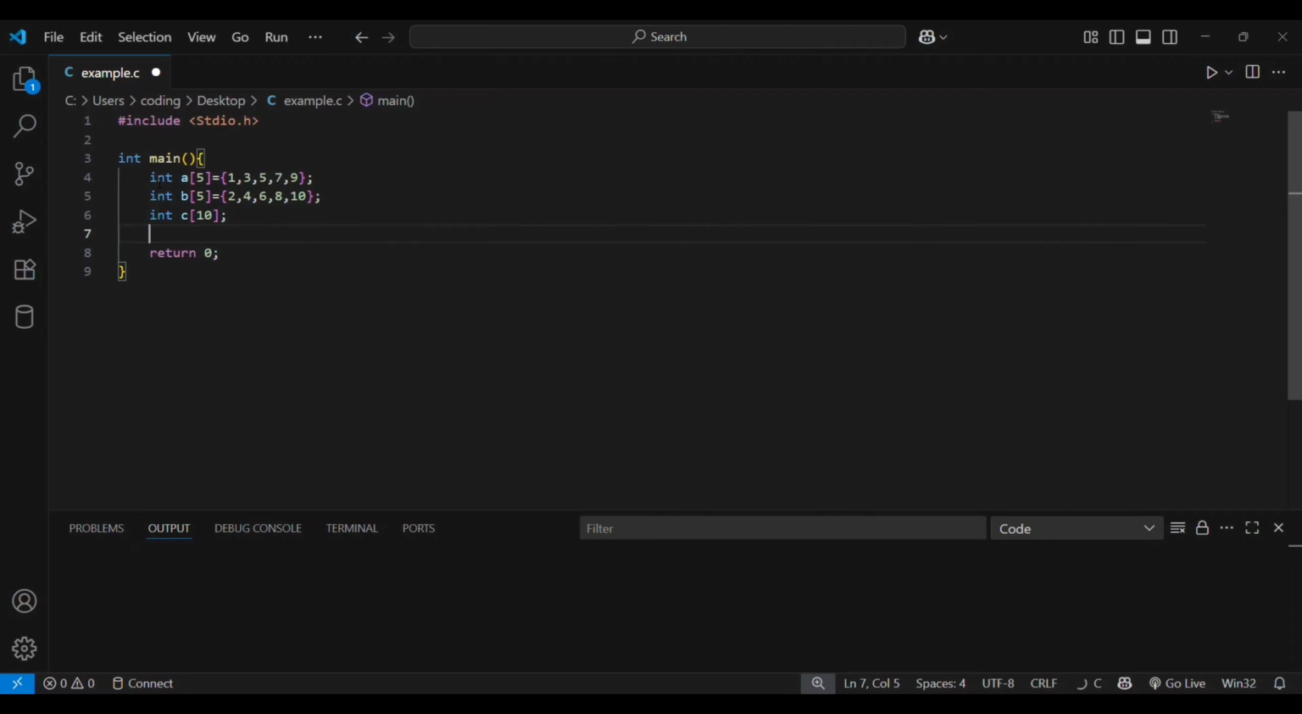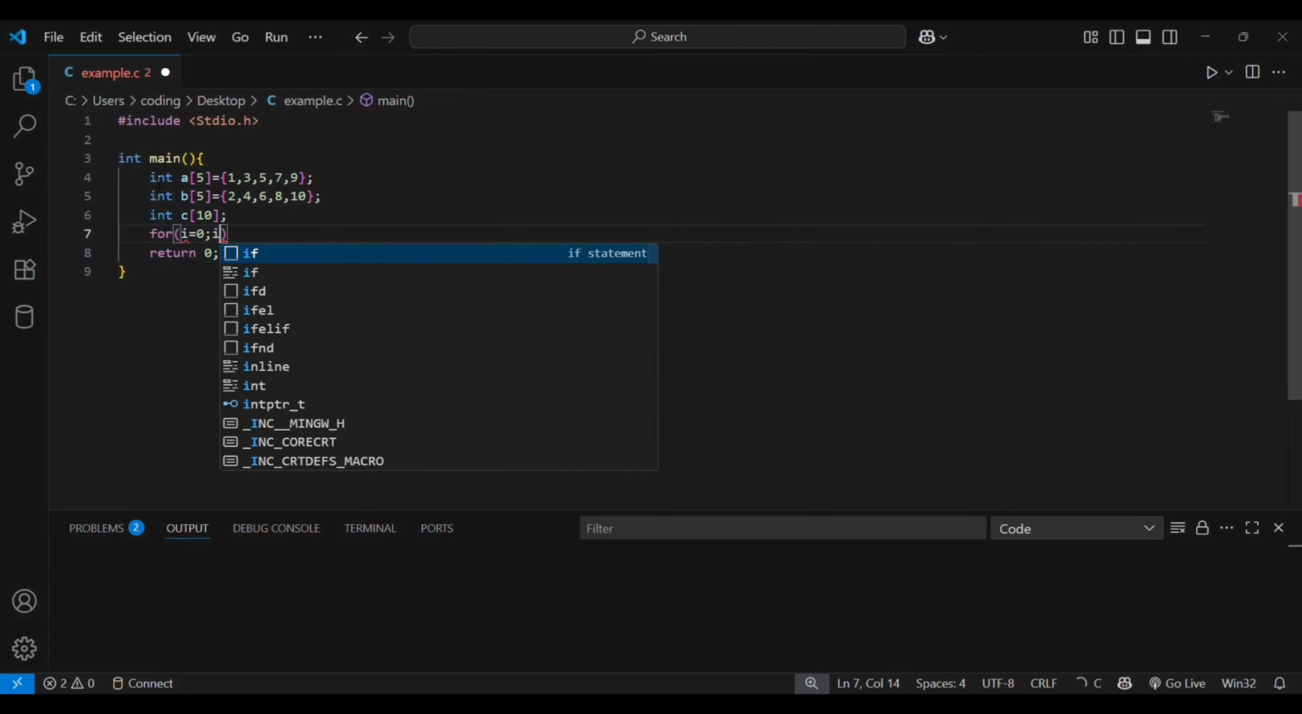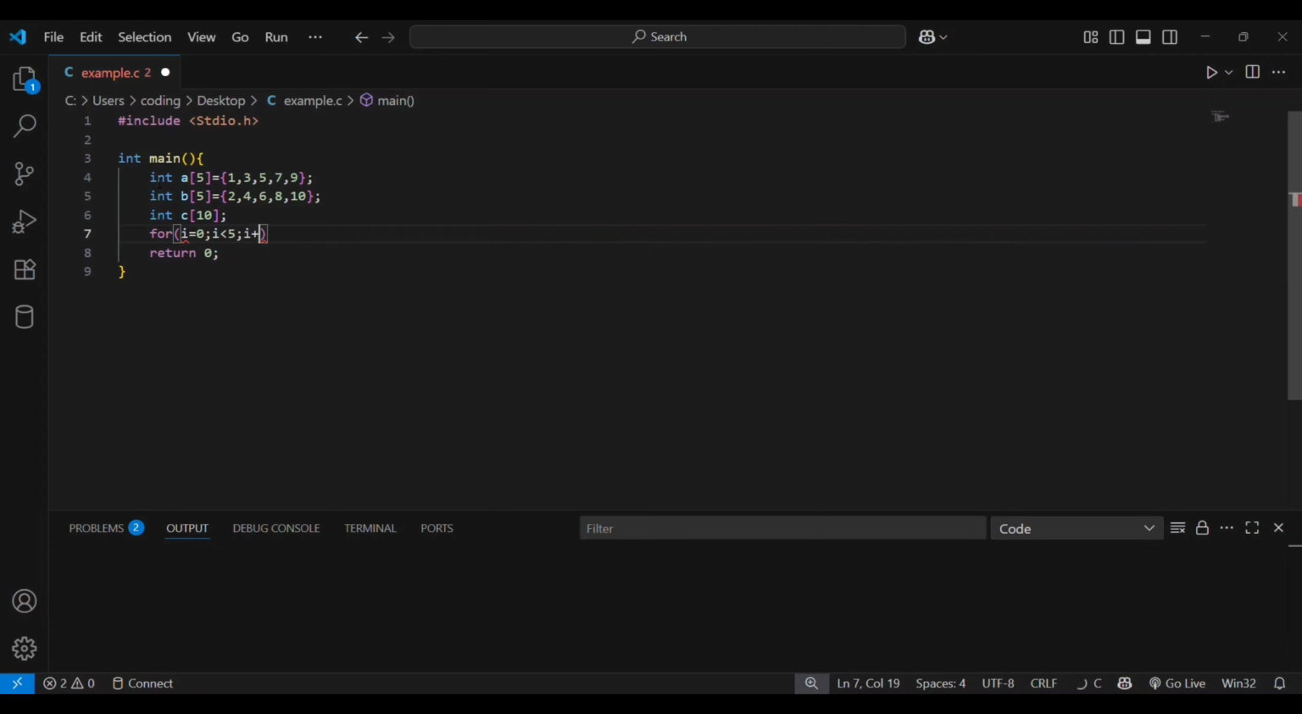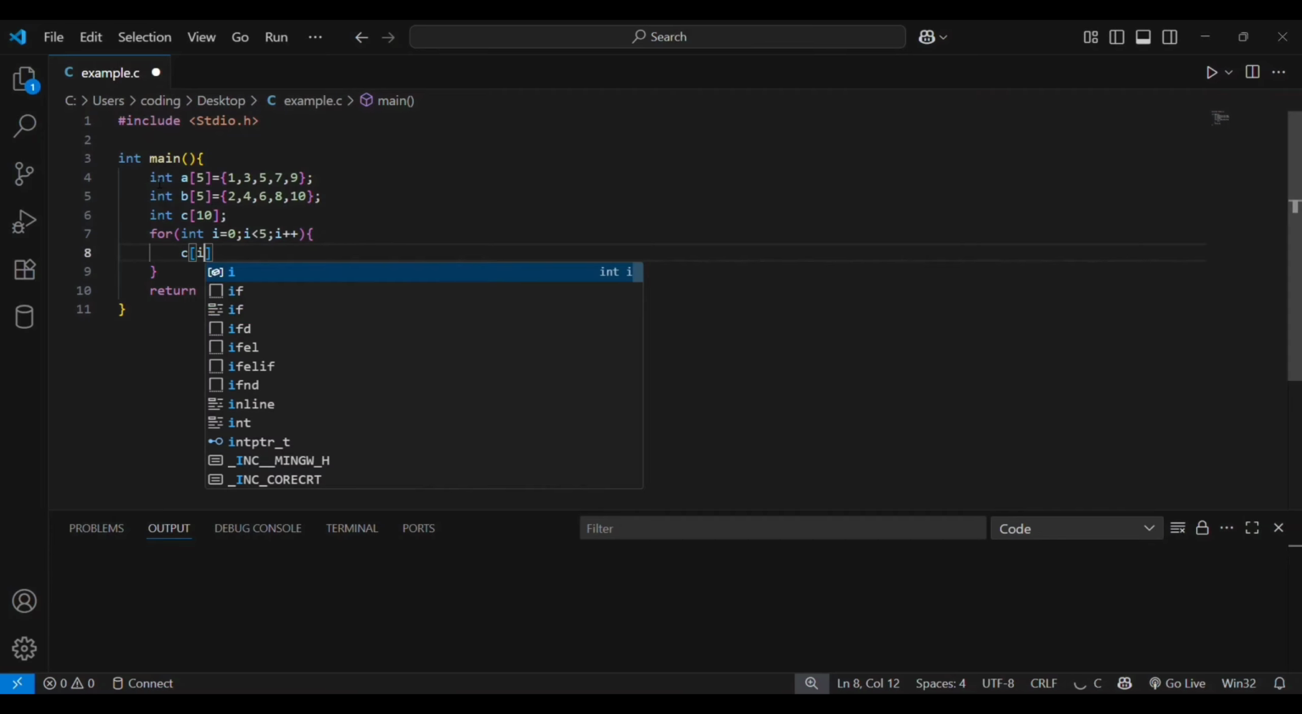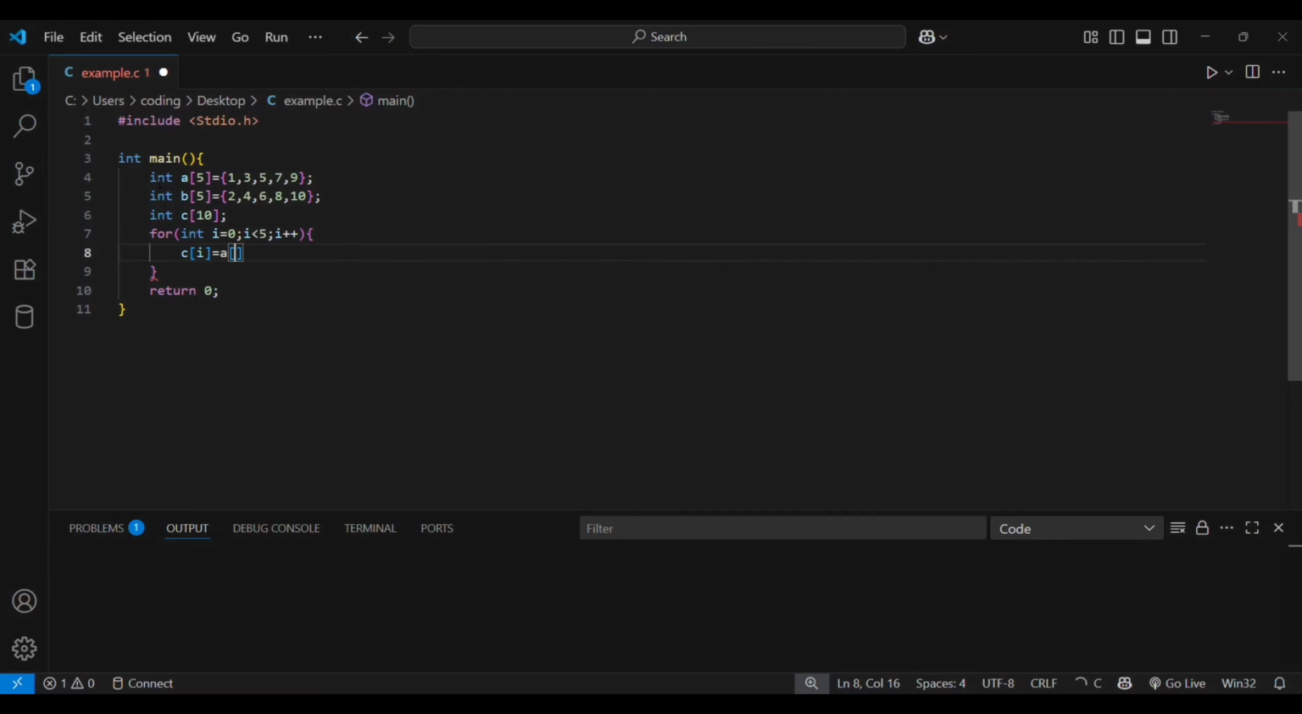And now let us write a for loop for I equal to 0, I less than 5, I plus plus. We need to declare this I, int I, and in this for loop we will give assignment operation where c of I equal to a of I,